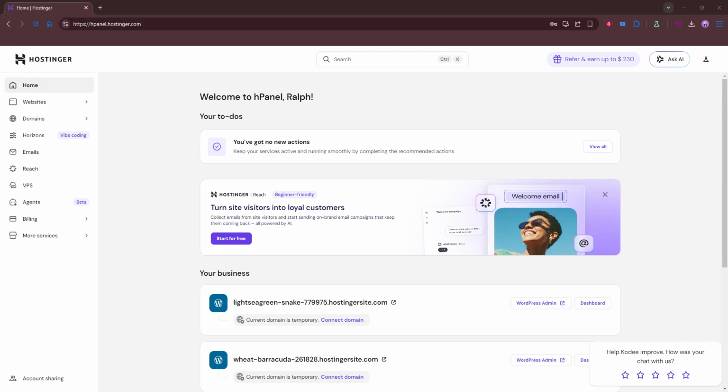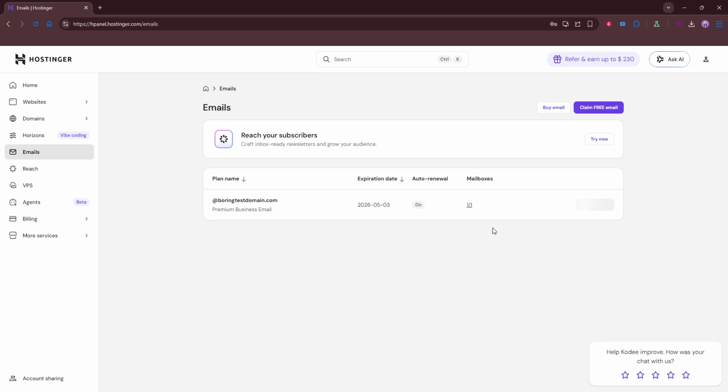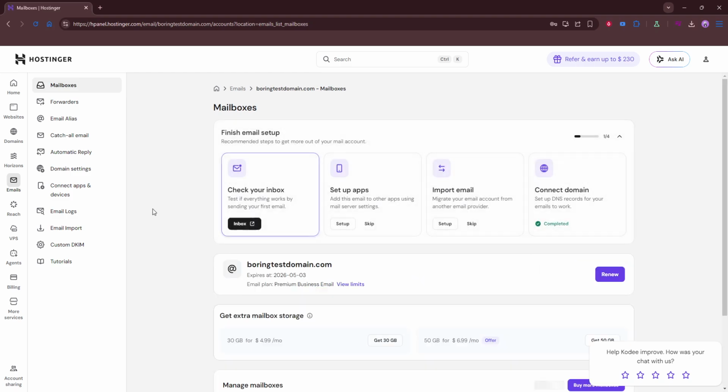To quickly check which one you have, open your hPanel and head to the email section. Next to your email address, you'll see either the Titan logo or a simple envelope icon. The Titan logo means you're on Titan email, and the envelope indicates Hostinger email. Feel free to skip ahead mentally to the part that matches your service, but I'll walk through both so you're